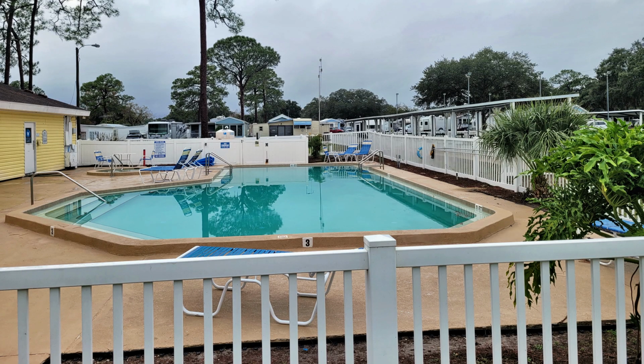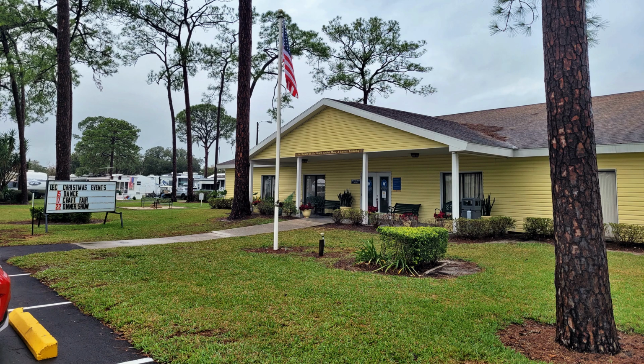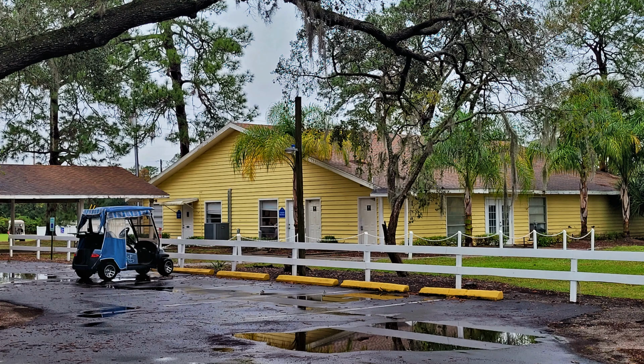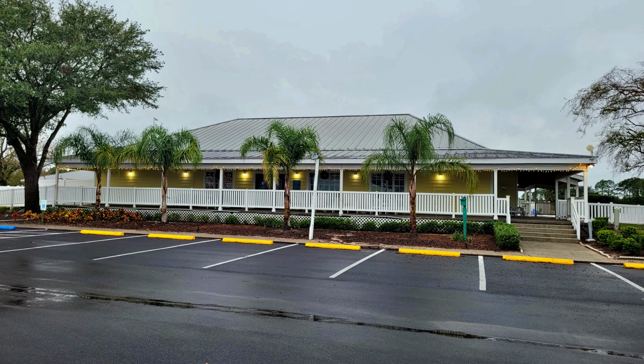So now, what to do with myself? There's so many activities here. What do I choose? Clerbrook has not one, not two, but three swimming pools here, and I soaked in every single one of them. The resort also has 3 different clubhouses and activity centers to choose from as well. I can't say I did as much socializing here as I would have liked to, but I did partake in